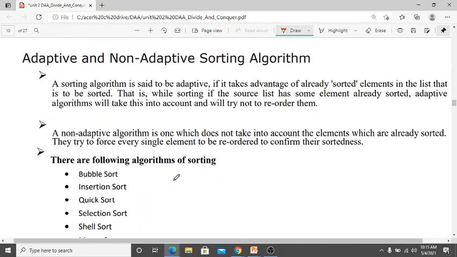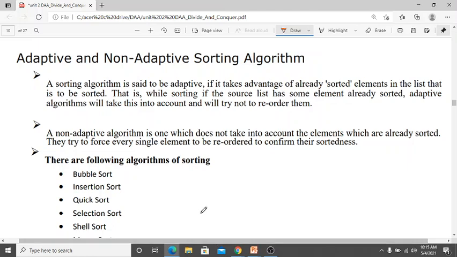Next, adaptive and non-adaptive sorting algorithms. What are adaptive and non-adaptive sorting algorithms? A sorting algorithm is said to be adaptive if it takes advantage of already sorted elements in the list that is to be sorted. That is, while sorting, if the source list has some elements already sorted, an adaptive algorithm will take this into account and will try not to reorder them.